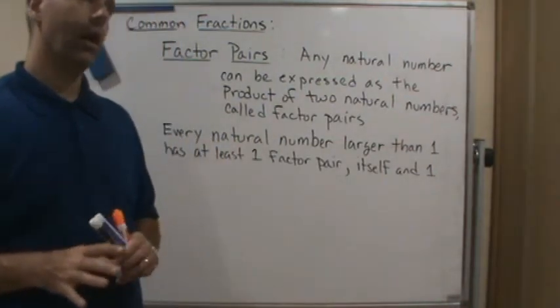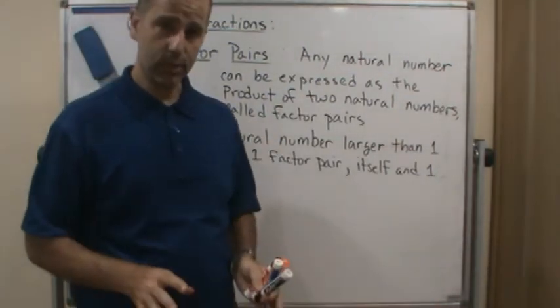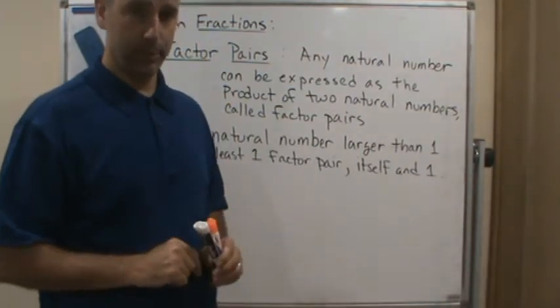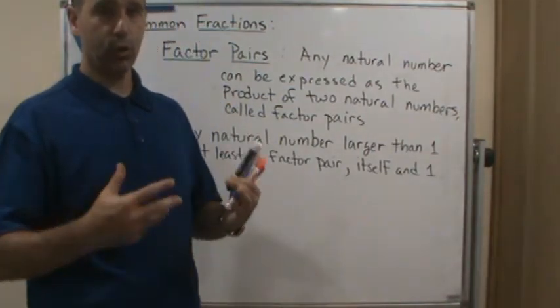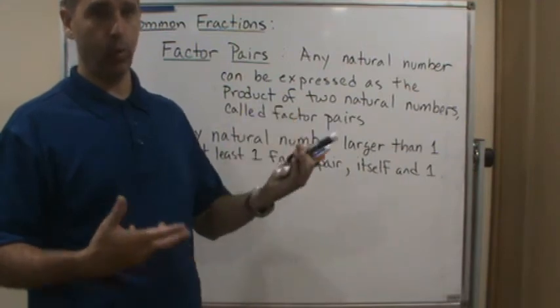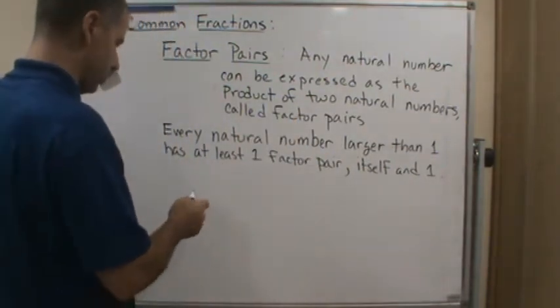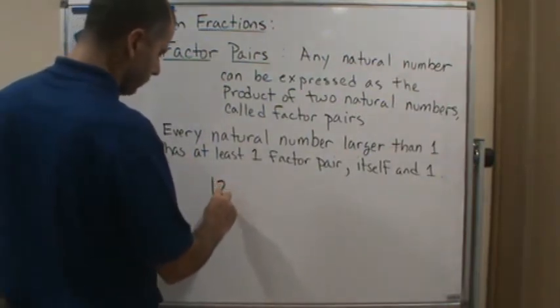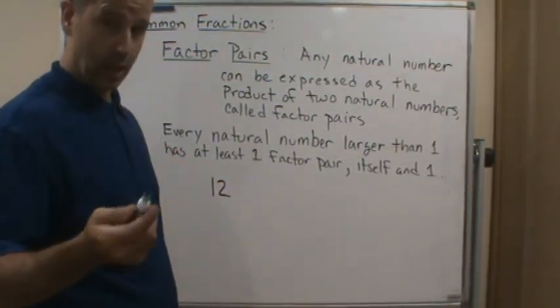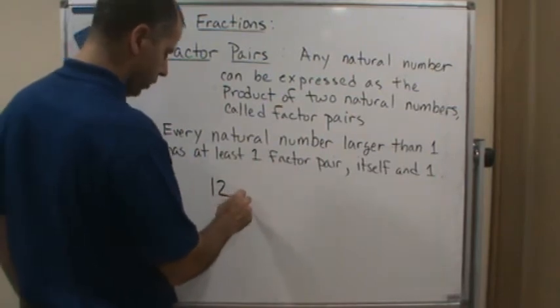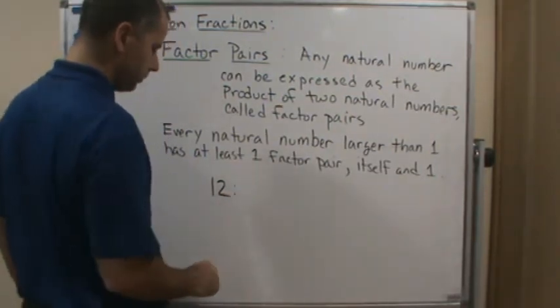Let me put it this way. There are many numbers that have more than one factor pair. Like 3 only has one factor pair, 1 and itself. But what about 12? How many factor pairs does 12 have? Well, obviously it has itself and 1. So if you look at the factor pairs,